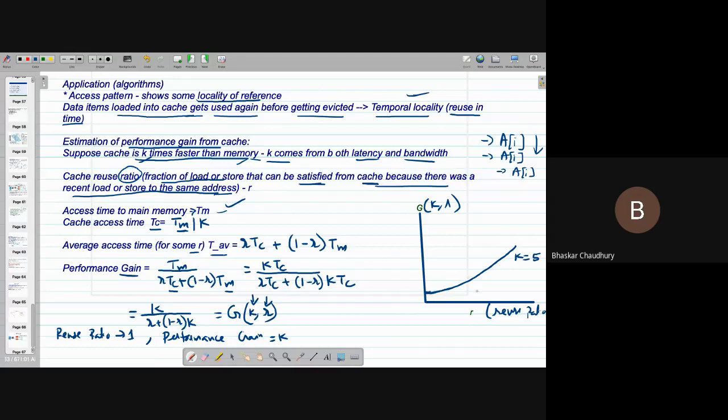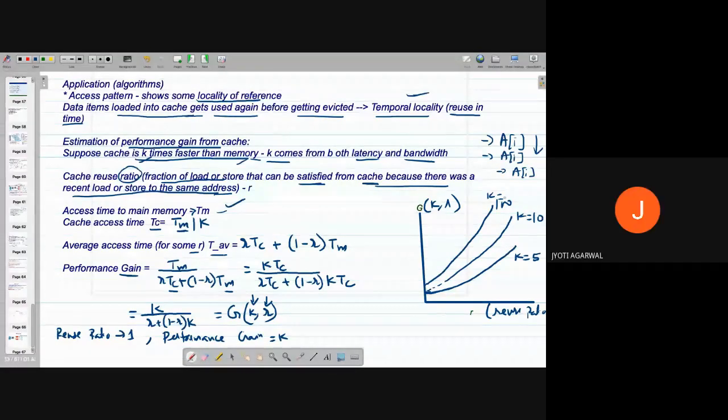Will it be below or above this curve? Above this curve, exactly. It will start from 1 here, but it will go high like this. So now we can see that I have two different memories. One is 5 times faster than the main memory, so here the gain is going like that. But if I can design another memory which is 10 times faster, or another one which is say 100 times faster, I'm going to get a very significant gain actually. So now this part is clear to all of you, right? That is how performance comes from a cache and how it comes from the pipeline. This part is clear to all of you?